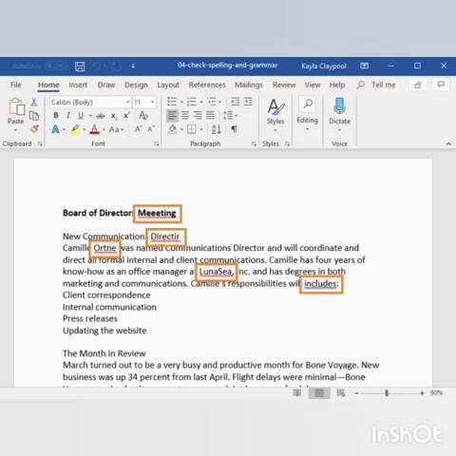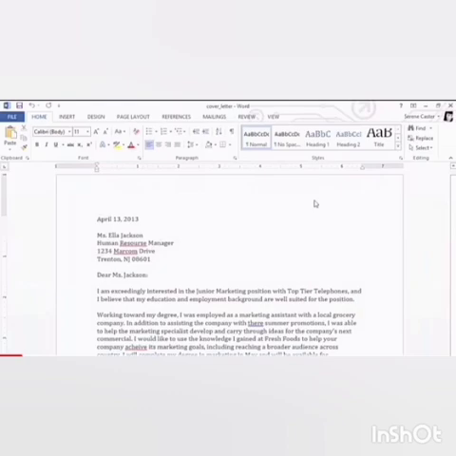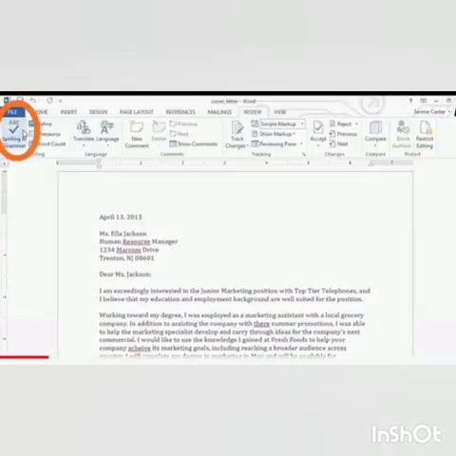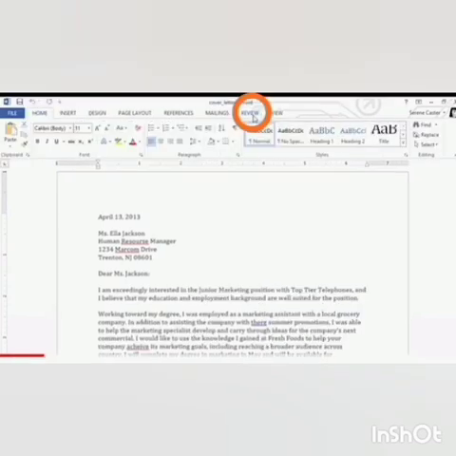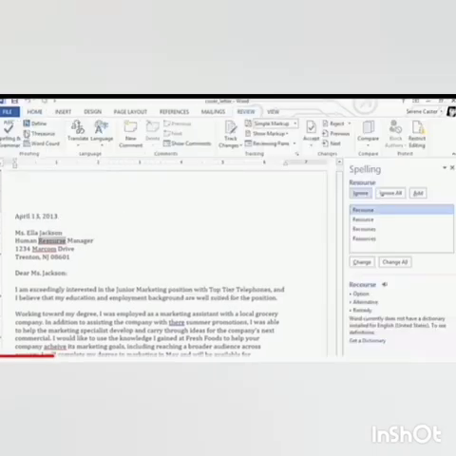To correct the spelling errors, follow the given steps. Open an MS Word document and type a paragraph with spelling errors. Then click on the Spelling and Grammar option from the Review tab. We can see a dialog box at the right side of the window, indicating the wrong spelling highlighted, with a list of correct spelling suggestions.